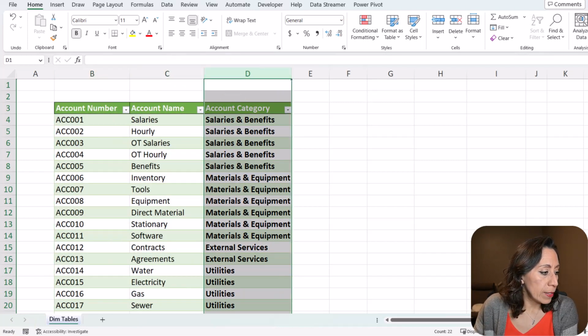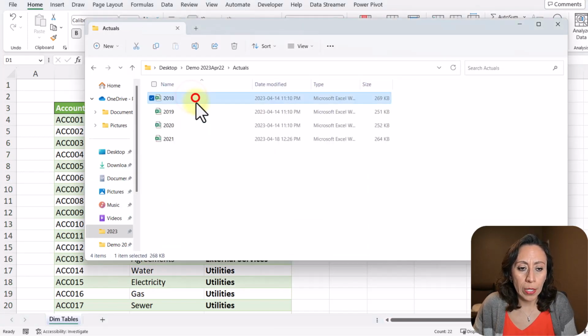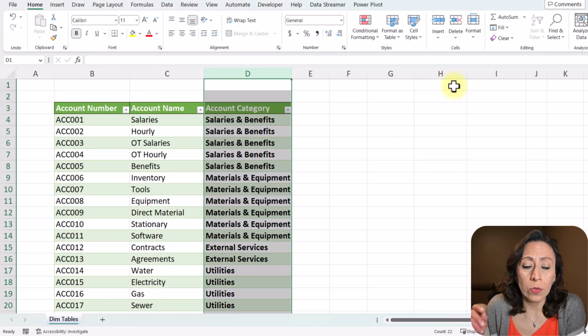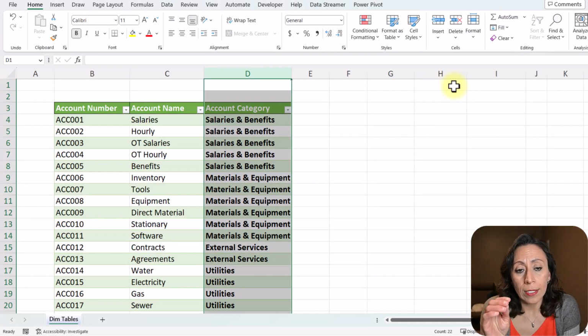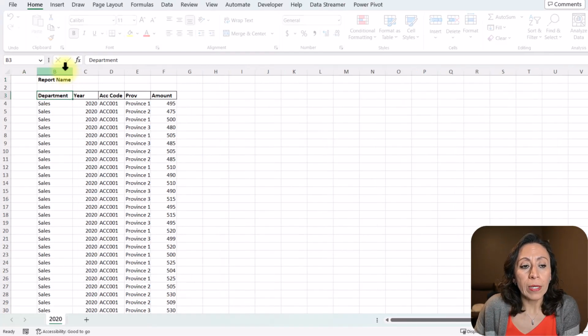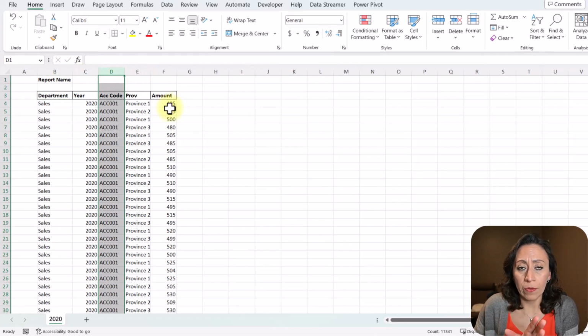And let me bring the other files. I'm going to go to Actuals and bring 2018 to 2021. I'm going to open. Something very important to note here is that all the files have on column 1 the information related to the department. The other columns have a different order.